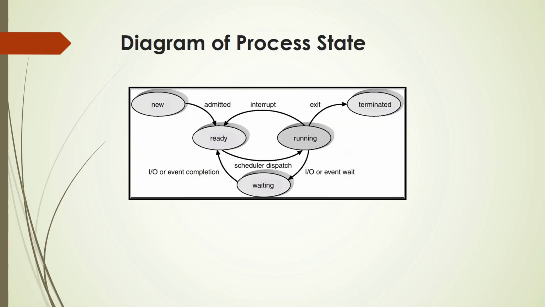So if we look at this particular diagram, we see that when the program is brought into the memory, it becomes a process and it is called the new state. Now from the new state, it is admitted to a queue. As there will be several processes running in the system, the process is admitted to the queue, and according to its number, it will be getting its chance to be executed in the CPU. So it is admitted, then it goes to the ready state, and the queue is called ready queue.